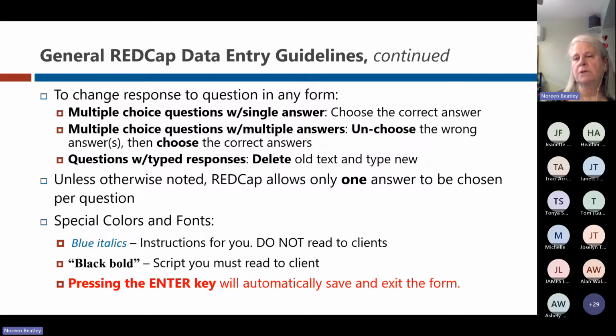However, when multiple answers are allowed, you're going to see the instruction. It's going to be indicated in blue italics. If you select any that are incorrect, you're going to use the reset button to clear all the selections and start again. We're going to ask you to really pay attention to this, because when we have missing data, it's